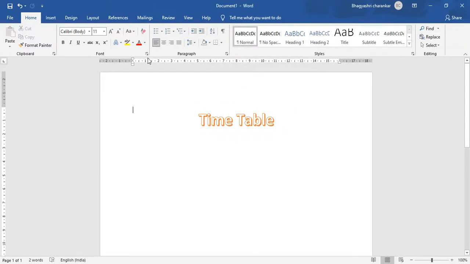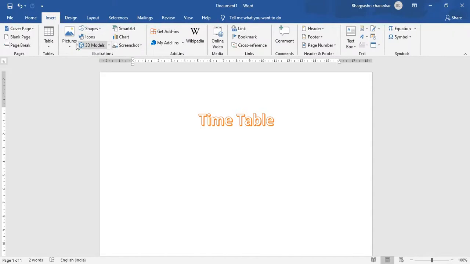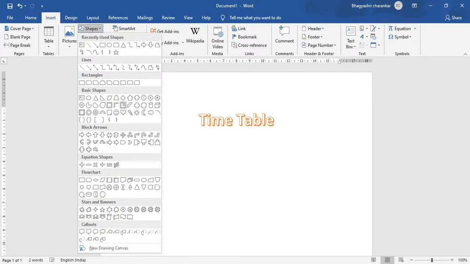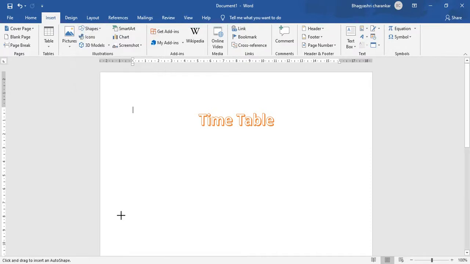Okay, click outside. Again click on the insert. Click on the shapes. Add a shape.